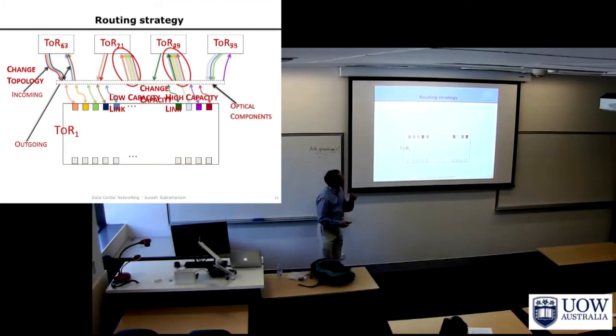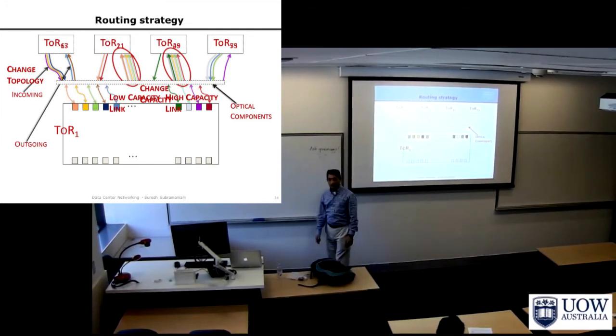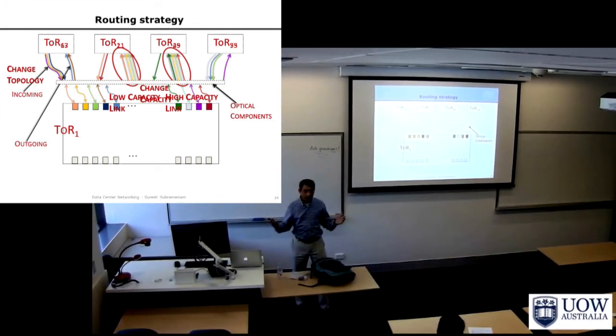So we still haven't decided what kind of optical components go there. Suppose there is one TOR here, TOR 1, and I have a bunch of other racks, or TORs. Suppose I want to connect to these 4 TORs, because I cannot connect to every TOR. At this point in time, this is where I have most of the traffic too. So I'm going to choose to connect to these 4 TORs. How do I do that? Further, the traffic to these TORs may be